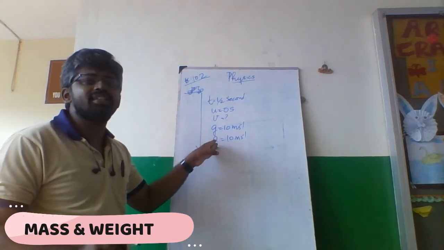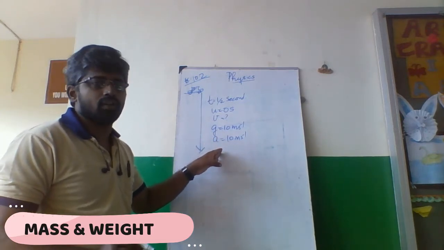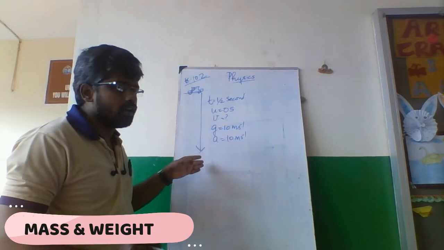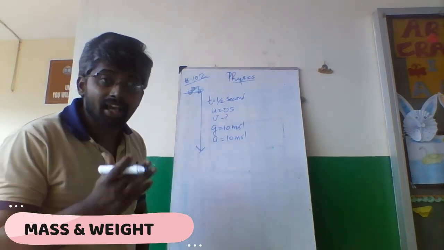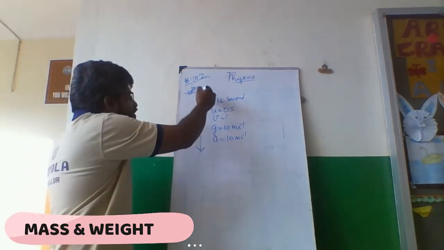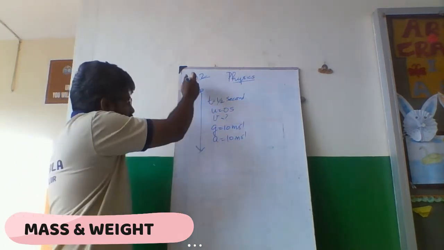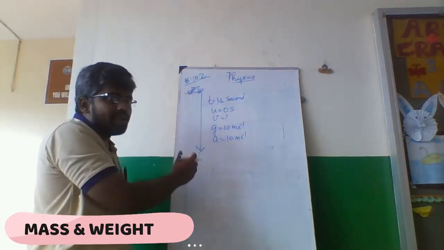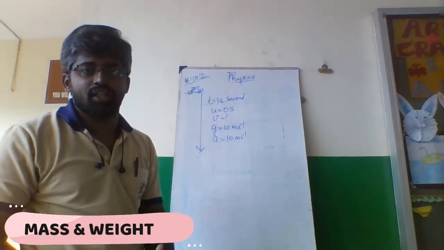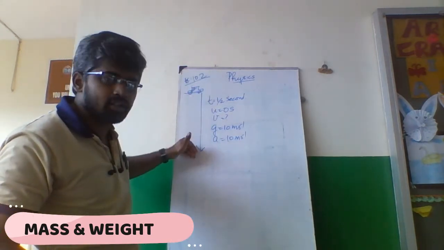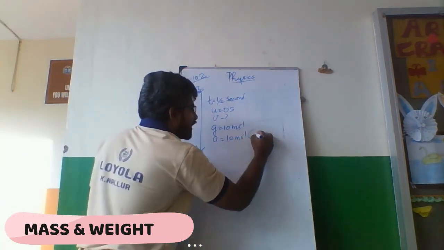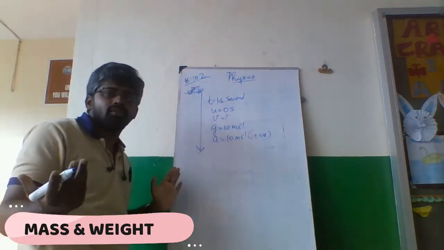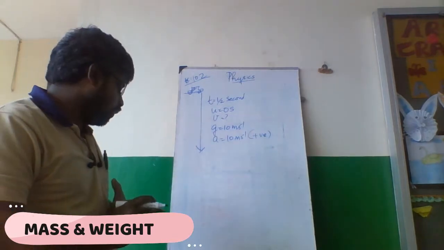Now this is the acceleration of the car. When a car falls from a height, it will take this acceleration. It will be taken as positive because it is towards the gravitation. The direction of the car is equal to the direction of the velocity. The velocity is in this direction and the car is falling in this direction. So a is taken as positive. Simple. That's all. Now, what are the questions?